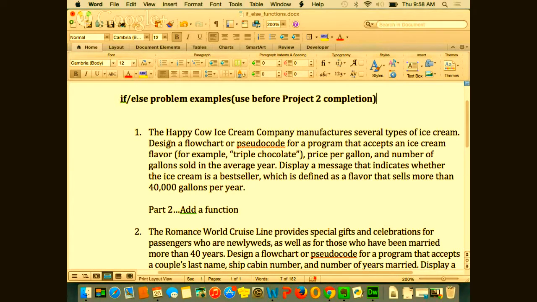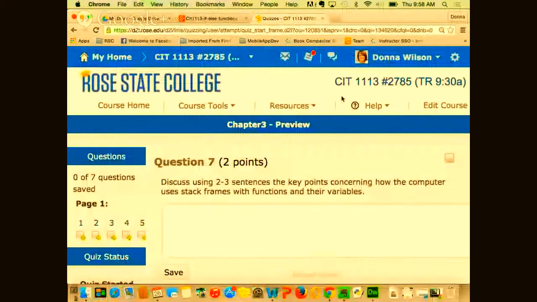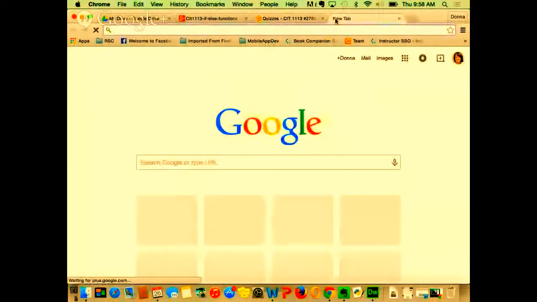It's pretty simple, right? When you break it down, you see that big long problem, and sometimes you think, oh my goodness. But if you break it down, all I need to know is my input, my comparison or calculations, and then my output, right? There's always those three parts. Okay, so I'm going to go over here to Lucidchart.